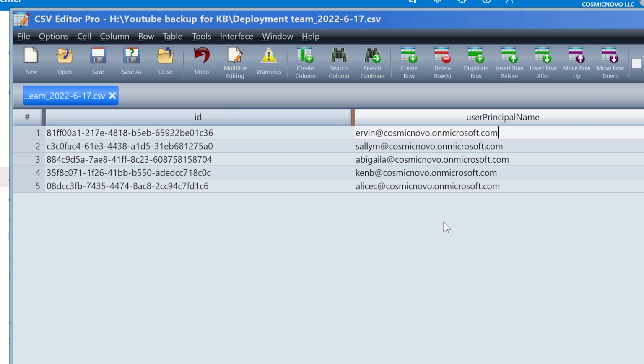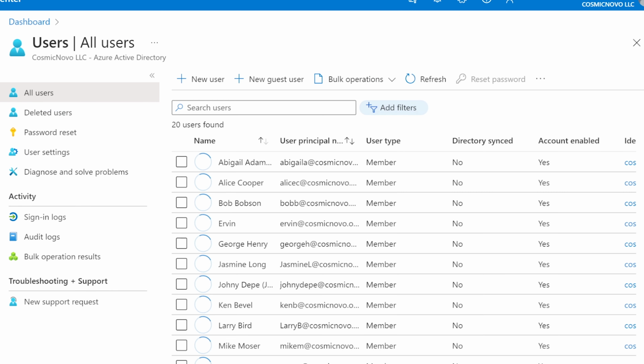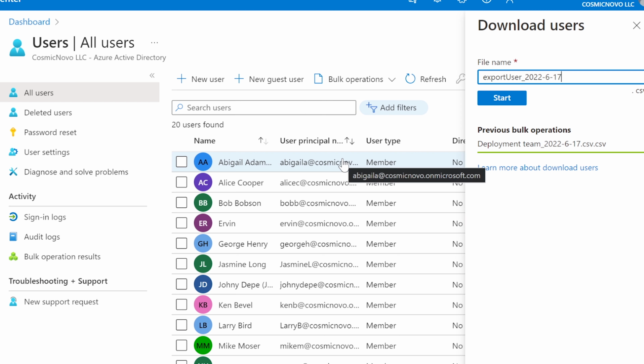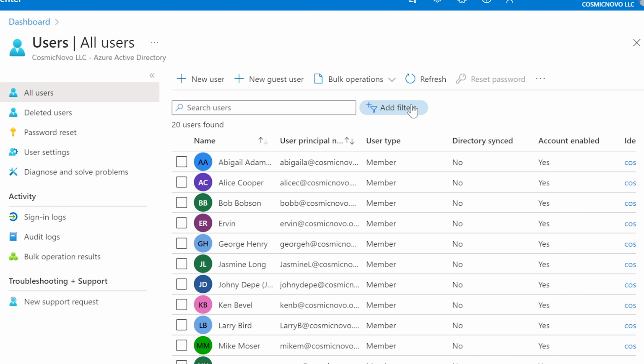And you can do the same thing for just users. And let's try that. If you want to do a quick download of a specific group, that's how you would do it. But if you do a download users here, you can download the entire Active Directory if you really wanted to,